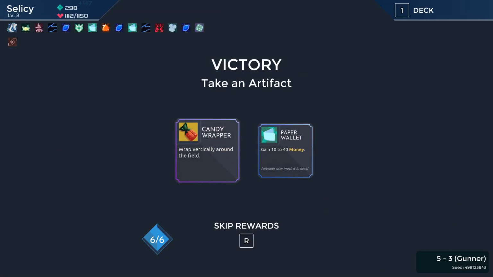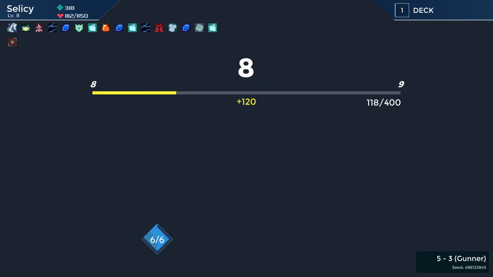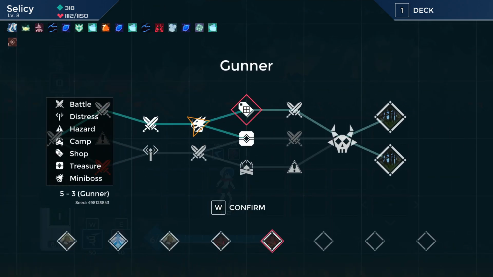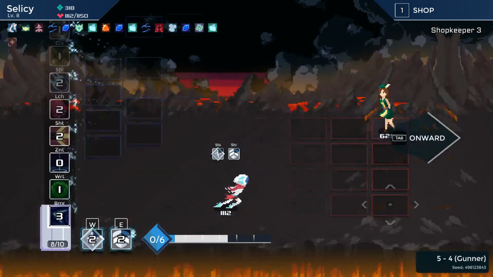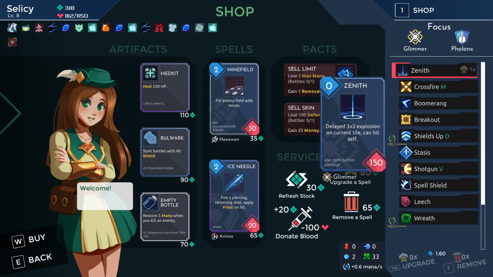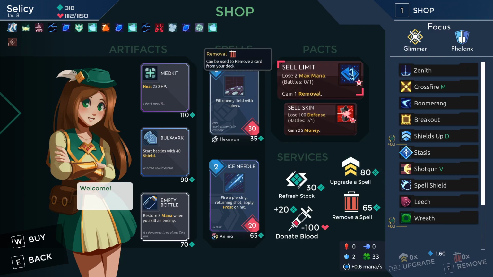Candy wrapper? No. Interesting, especially when we can do it on the enemy side of the map too, but no. I believe that to be an actively bad item. I haven't taken it, but I've seen better players than me take it and ruin themselves with it. So this is worth...